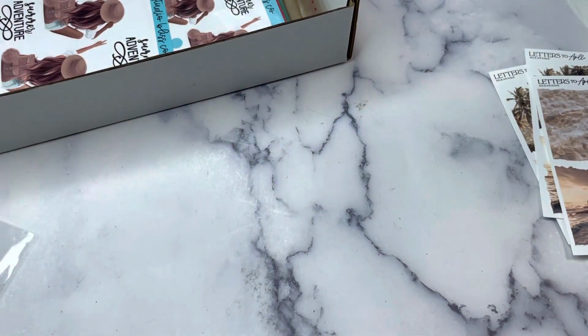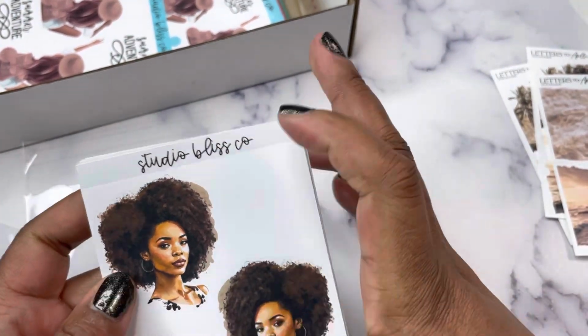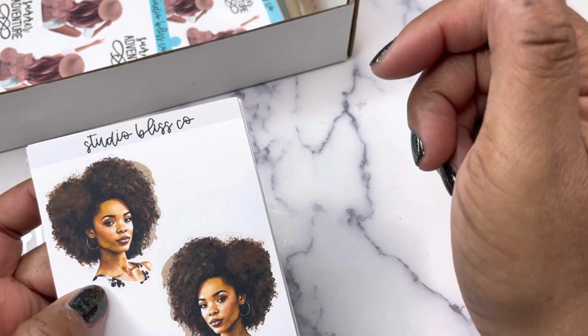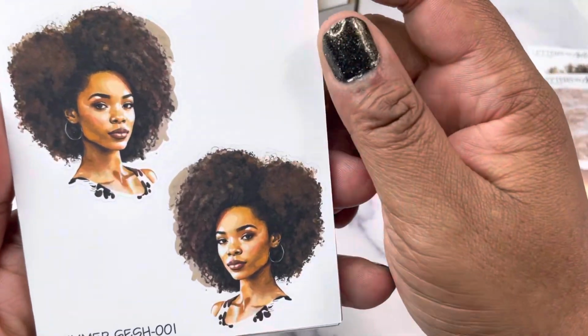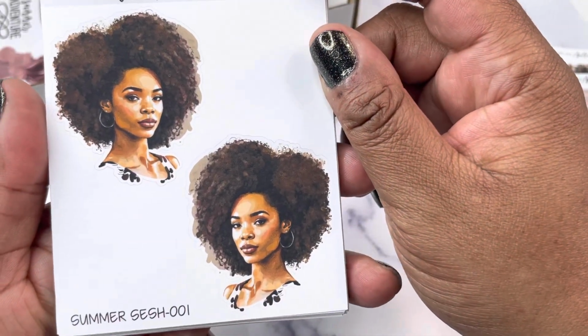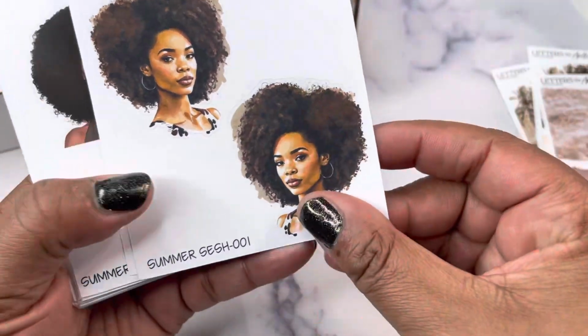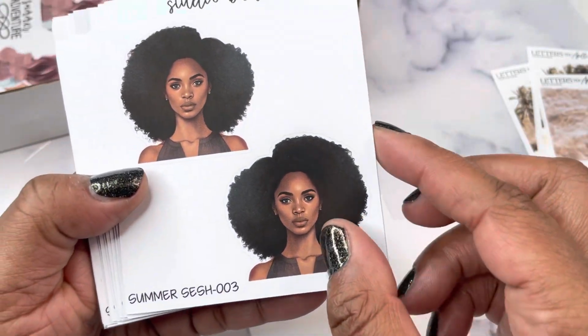All right. Next, we have dolls. You're going to receive 26 doll sheets. Some of these will coordinate with the weekly mini kits. Some of them are just the dolls, but you may see them as a weekly mini kit in the future. So we've got 26 of them. This is number 1, and number 2, 3,